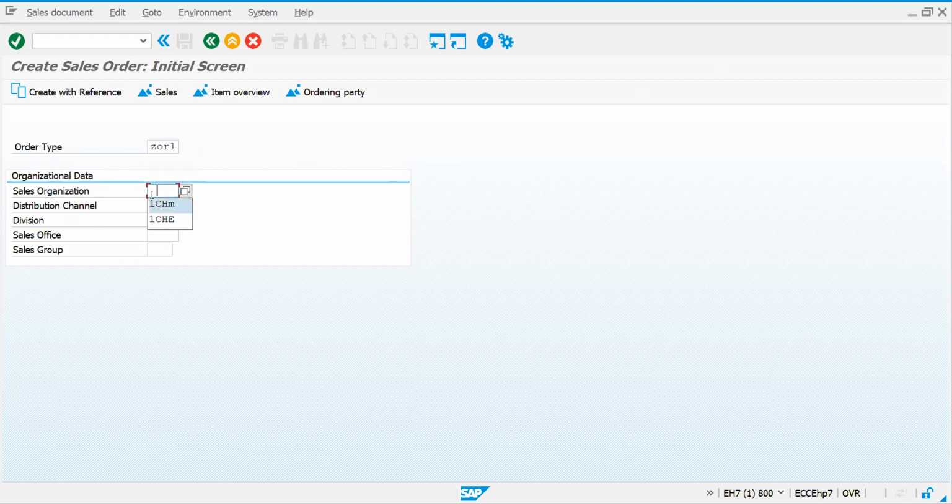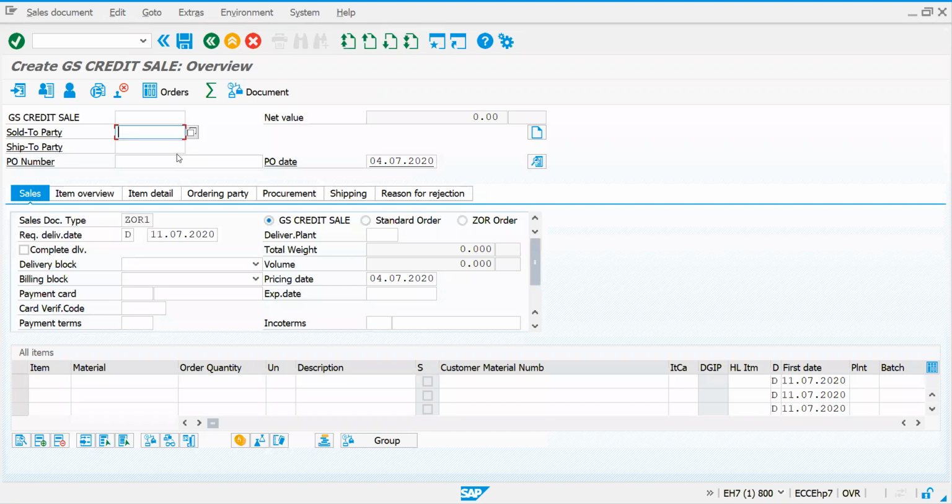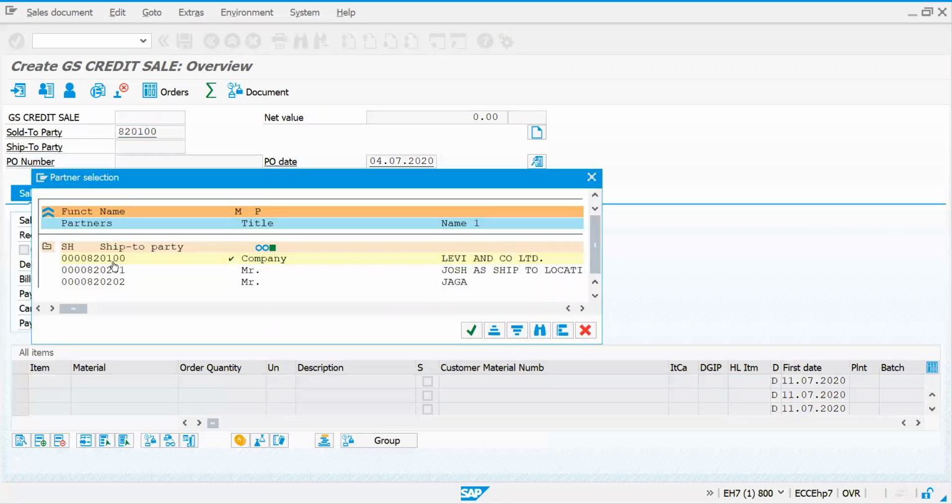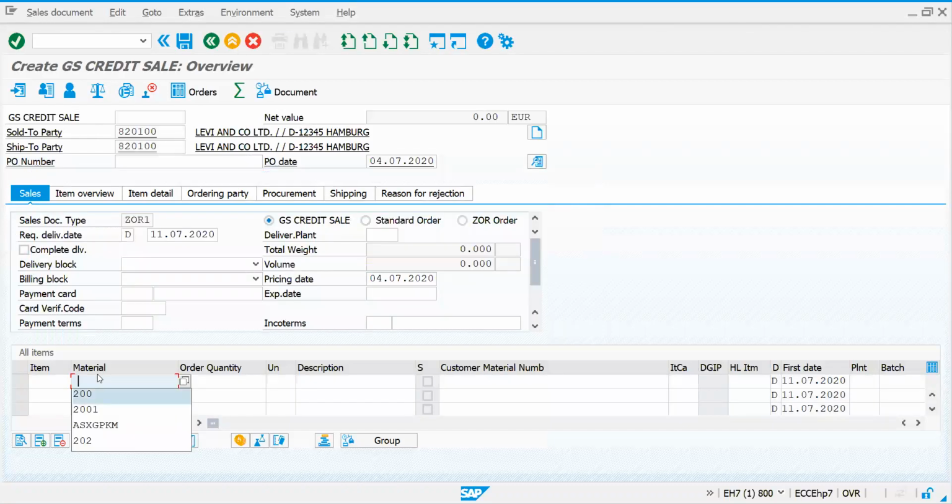Yeah, I'm just creating a sales order for a sample. I'm just entering the sold to party. I'm just entering the material code here.